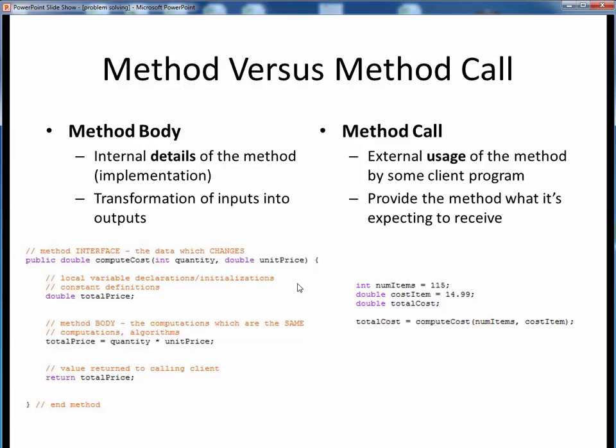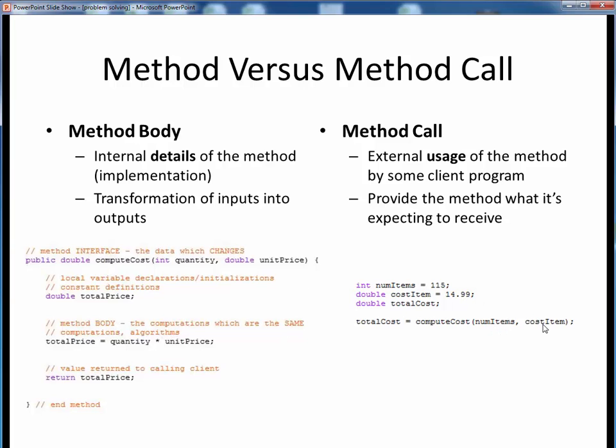Back on the left-hand side, we see that this method is going to return to us some double data type result, which back on the right-hand side simply means that this entire method call expression will evaluate to one single double value, which we can assign back to some declared double variable. And that's all there is to it. This method call on the right carries out this set of instructions on the left, using these two input values.